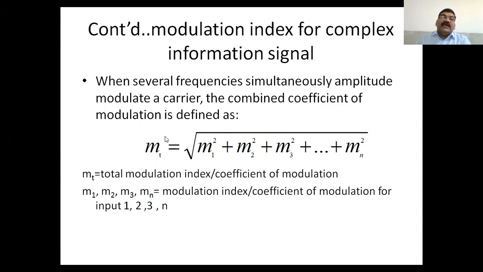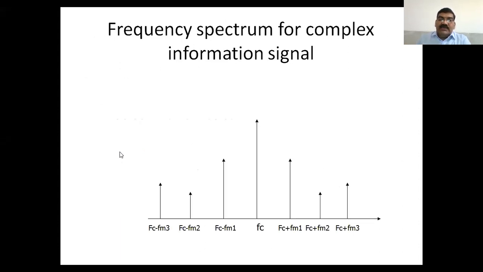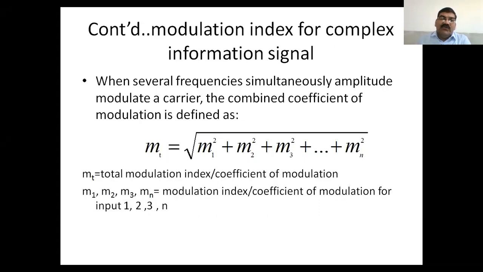This way you can calculate the modulation index of the total and of the individual, as I represent here. Individually you can calculate it by using the respective formula. So initially we have to calculate for the individual, then you have to calculate for the total. This way, depending upon the number of signals, the total modulation index can be calculated. Okay, I don't think there is any doubt till now. So we will go further. If there is any, you can ask.